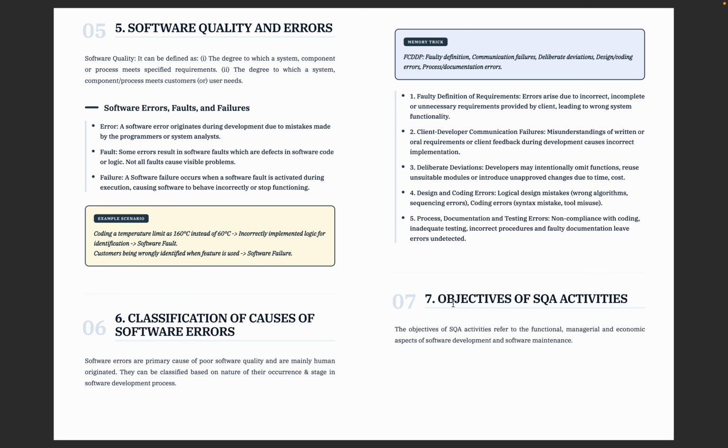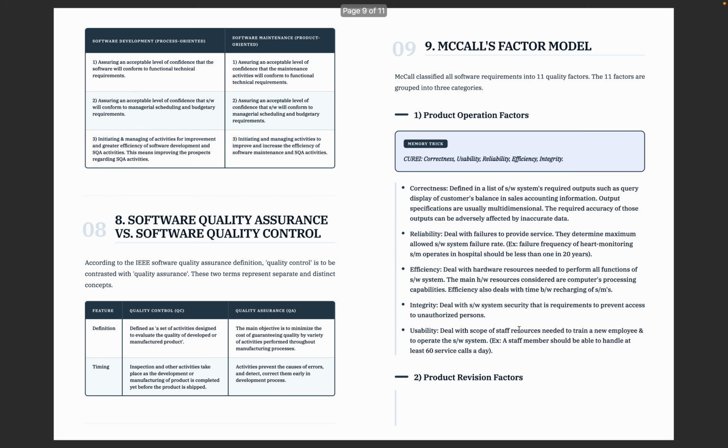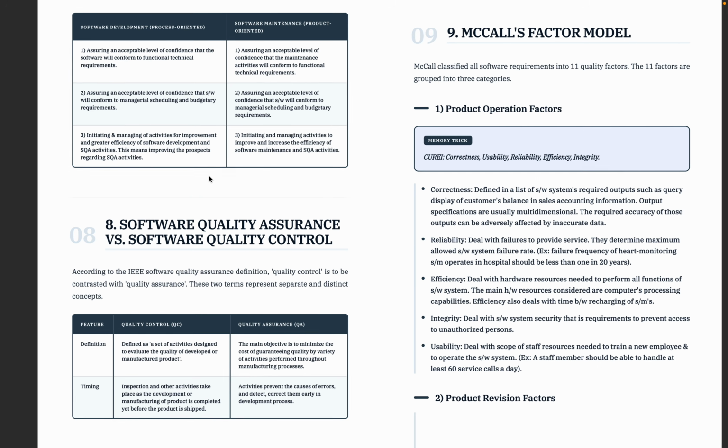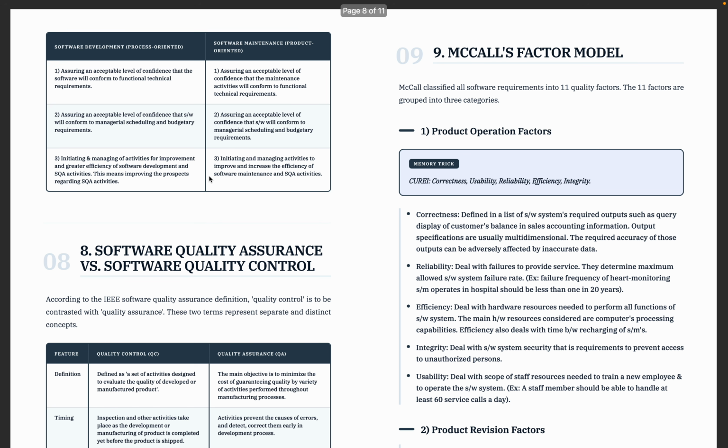Yeah. Then coming to objectives of SQA activities. What are the objectives? SQA aims to improve software quality. What is the first thing SQA aims? Software quality assurance, well, assurance means giving assurance to improve the software quality, reduce the rework. Okay, reducing the rework, then saving the cost. Okay, and increase the confidence, ensure customer satisfaction.